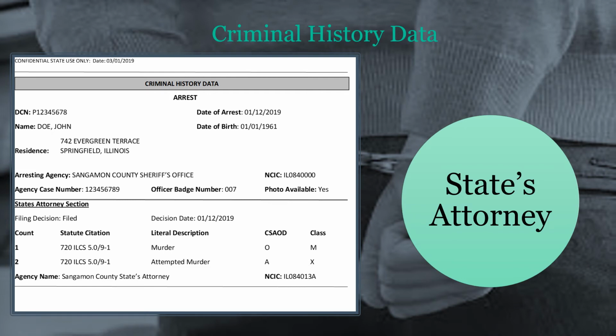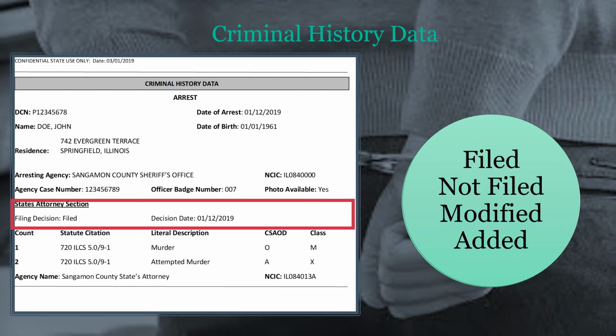The state's attorney filing decision will only appear on the rap sheet if it was reported to the Illinois State Police. The first field you should note is the filing decision. This field represents the action taken by the state's attorney for each charge. In this case, the state's attorney filed the case. The filing decisions you can see here are filed, not filed, modified, or added. The state's attorney can choose to file a case, not file a case, modify a case, or add a charge